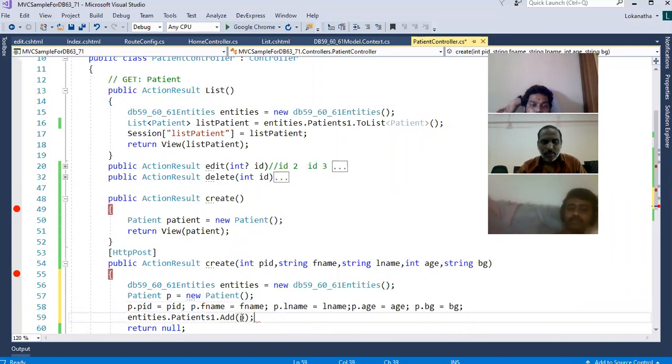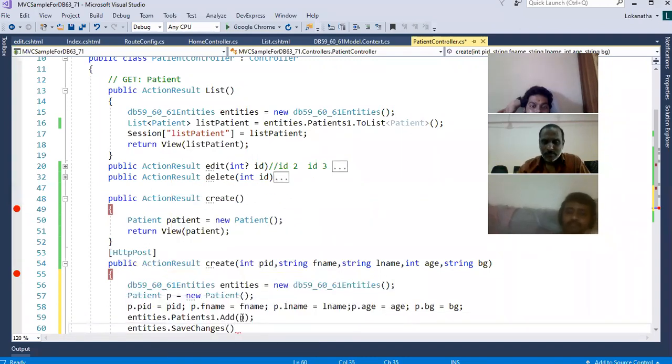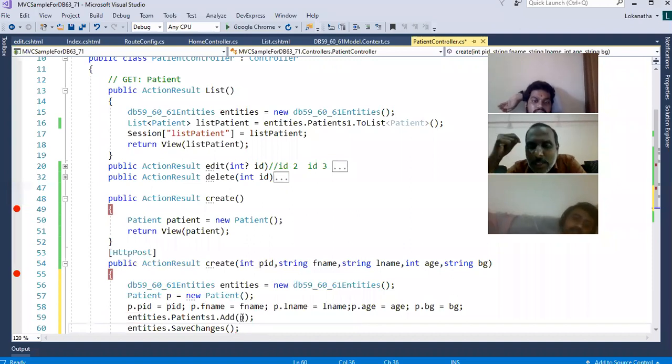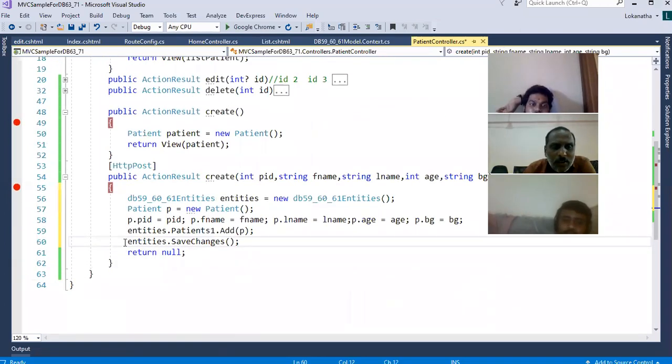That's all, your work is done. Now you call entities dot SaveChanges. Once you add the object to the entities, and then call the SaveChanges function, your inserted data will automatically go into the database.